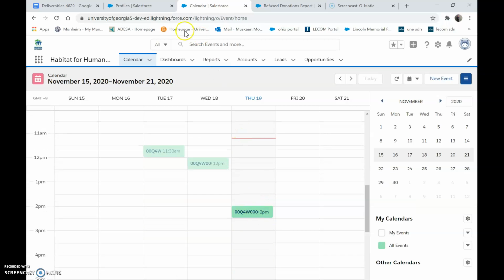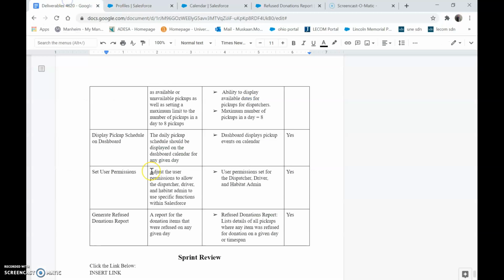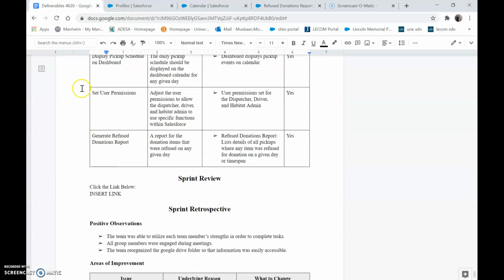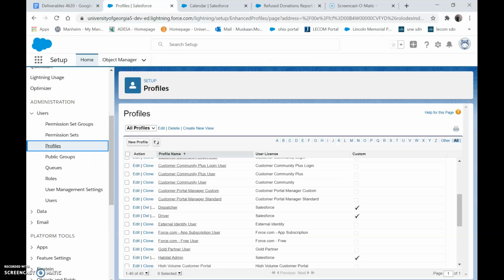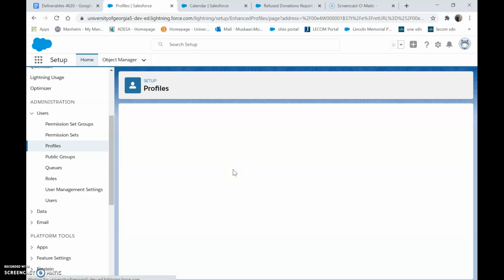right here. Our next thing that we're going to look at on Salesforce is setting the user permissions. So if you come over here to setup and you go down to users, then profiles, and then you scroll through the profiles, you'll find the profiles for the dispatcher, the driver, and the Habitat admin. Now I won't show you all of them for the sake of time, but I will show you one, which is the dispatcher in this case. If you simply click on edit,